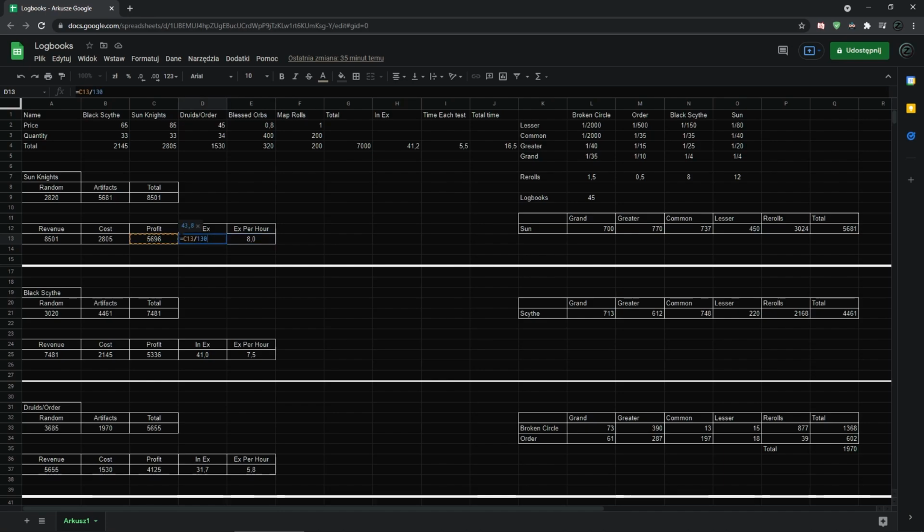So here I am dividing it by 130, and the exalts used to be 170. So with the old price it would be 6 exalts per hour. With the new price it's 130, so I did get 8 exalts per hour doing Knights of the Sun, which is, to be honest, pretty insane. Now when we look at the Black Scythe, I got a little bit less from the artifacts, but a